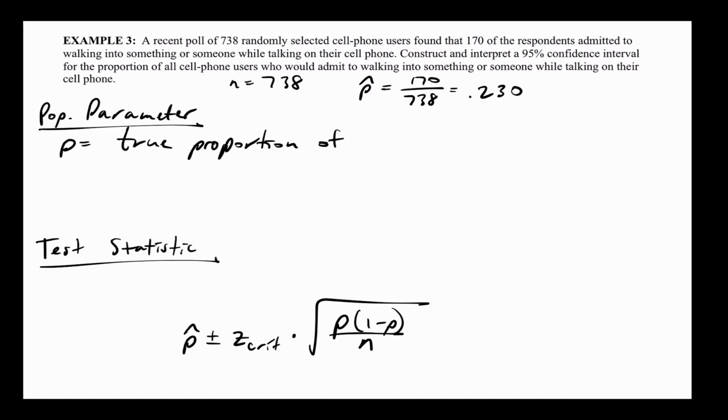Construct and interpret a 95% confidence interval for the proportion of all cell phone users who would admit to walking into something or someone while talking on their cell phone. That's what we're trying to find, the true proportion. That's going to be the population parameter, the true proportion of all cell phone users